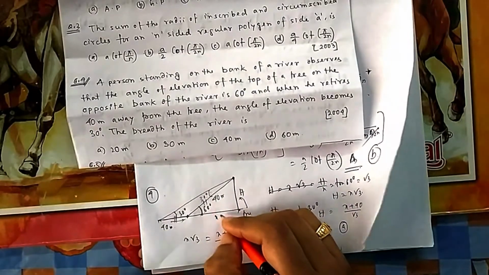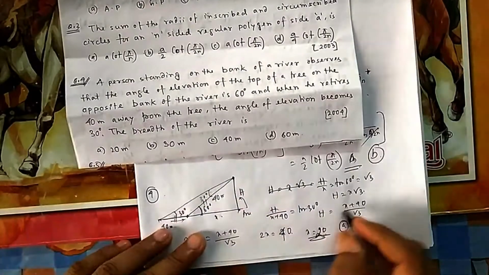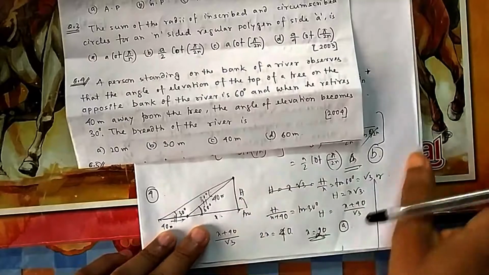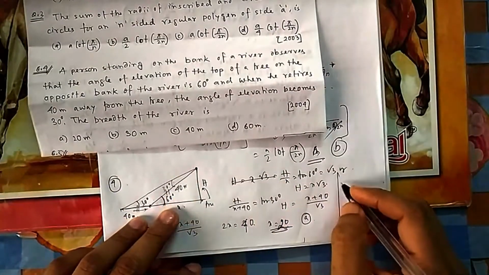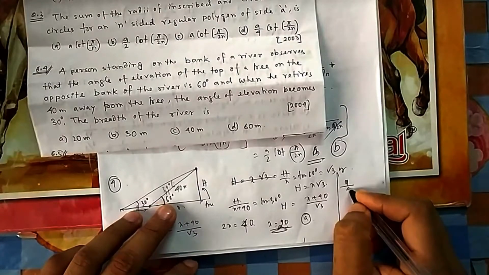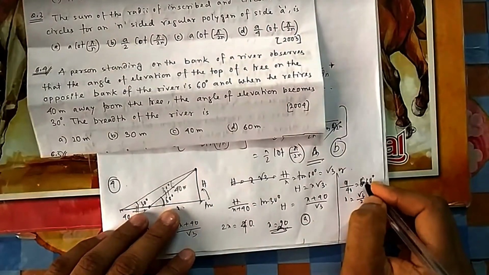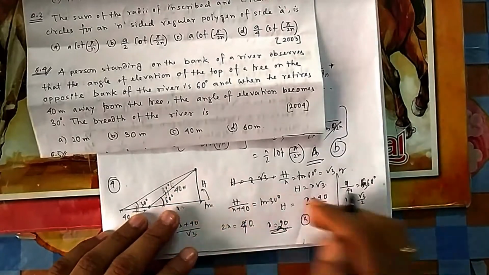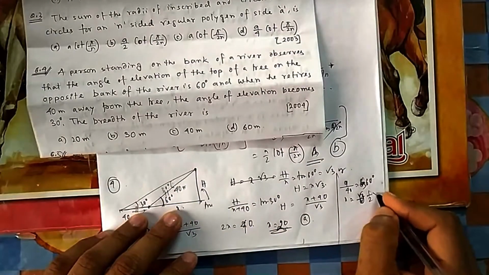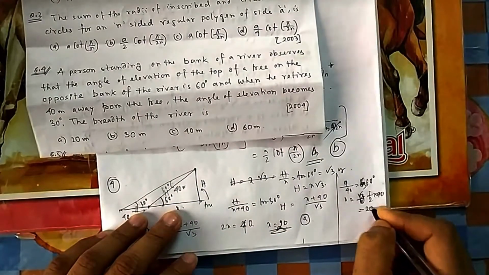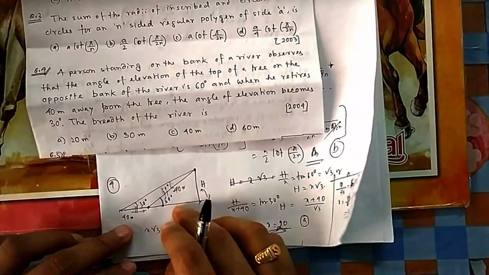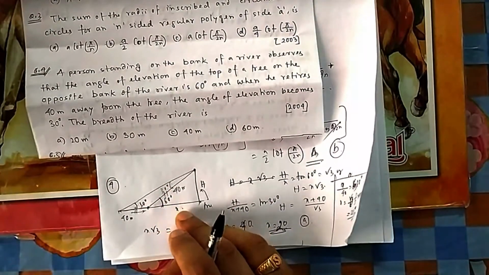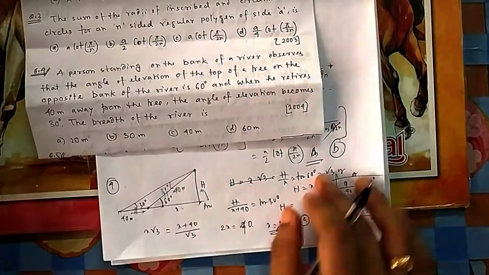If you take cos 60, it will come easily. x by 40 should be cos 60, because it is the base. So cos 60 is equal to half into 40, that is 20 meters. You can see cos 60 equals x by 40, and obviously cos 60 is half, so it should be 20. Without doing anything also you can do it from your mind.